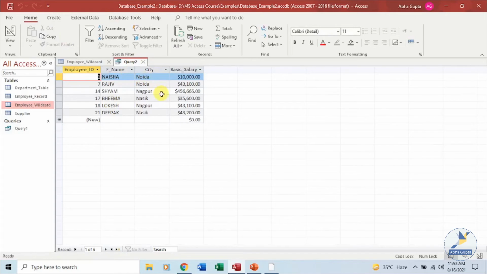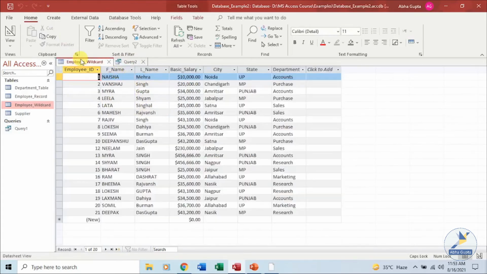You can see Noida, Nagpur, Nasik, all this data from our employee wildcard table. There are so many cities, but it has picked up only those which start with N, and the rest of the characters are any characters.